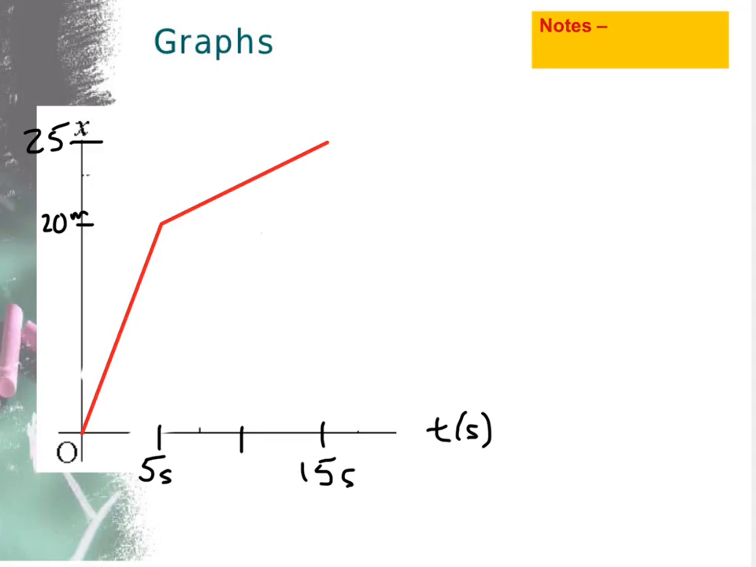So this is actually a graph of distance or displacement versus time. Since Johnny's going in the same direction always, we can either say that this is distance or displacement, but I should call it displacement. Okay, so